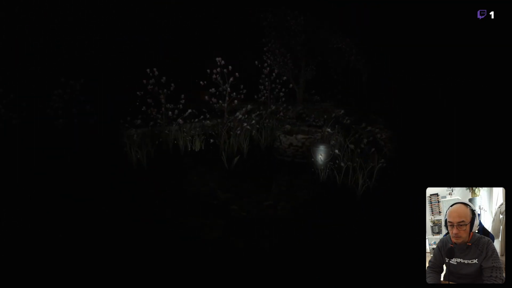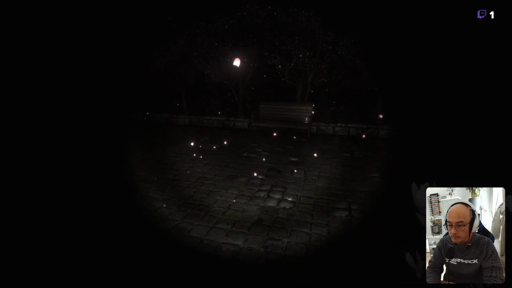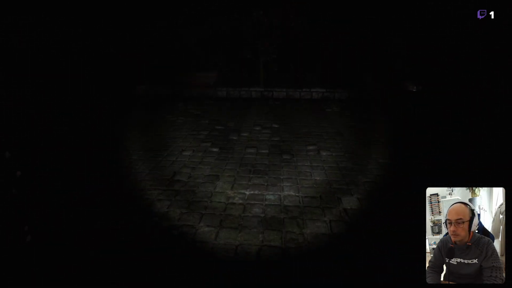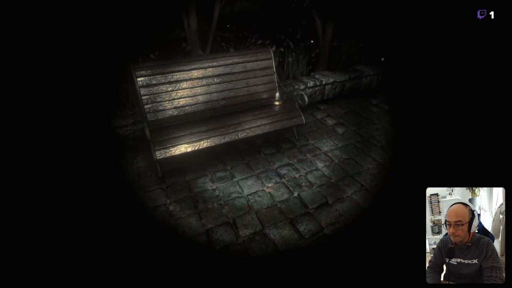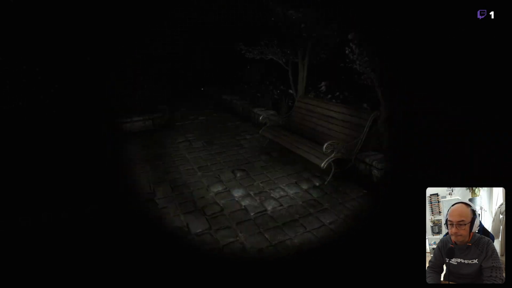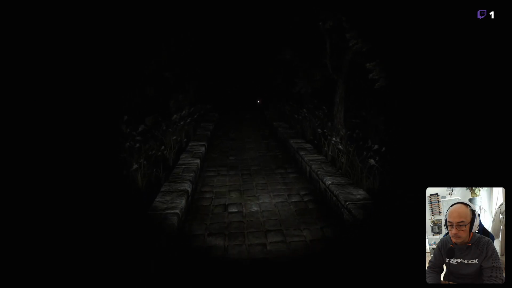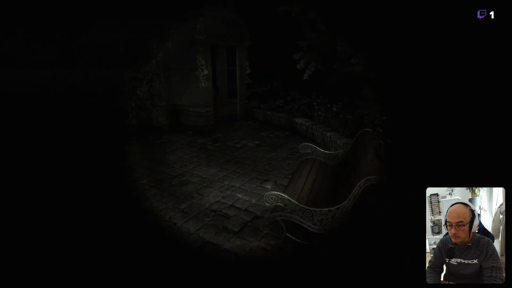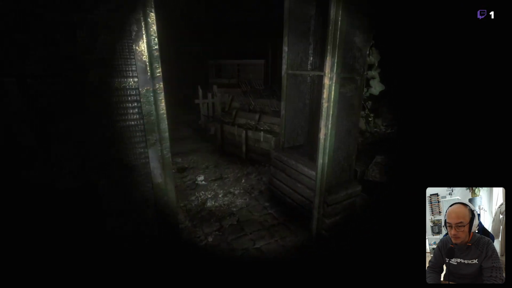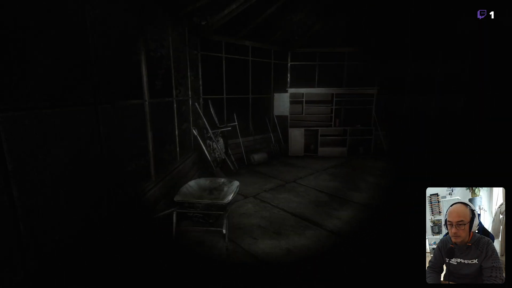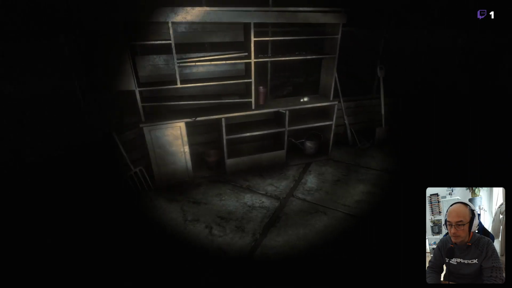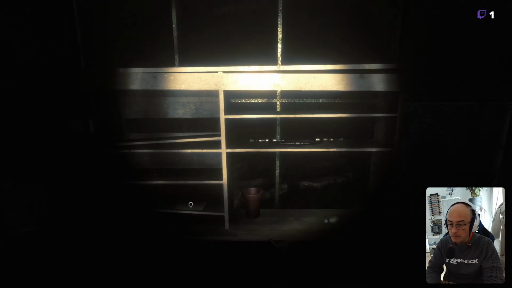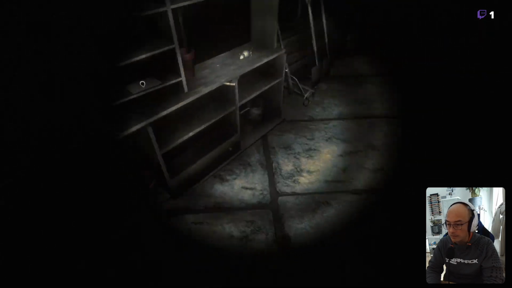So we need to go back or to go further, deep in the park. This time we have this small place and we will find something here.